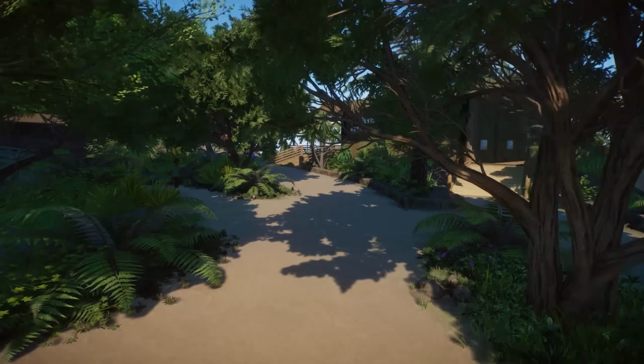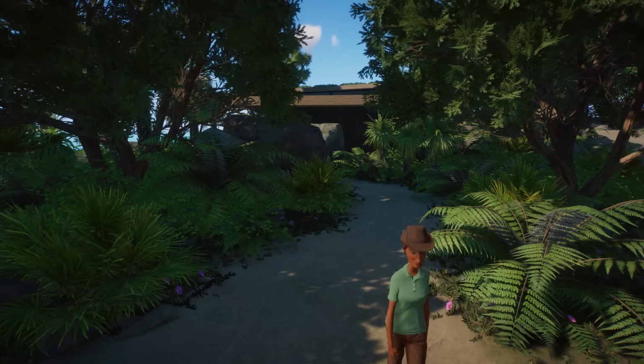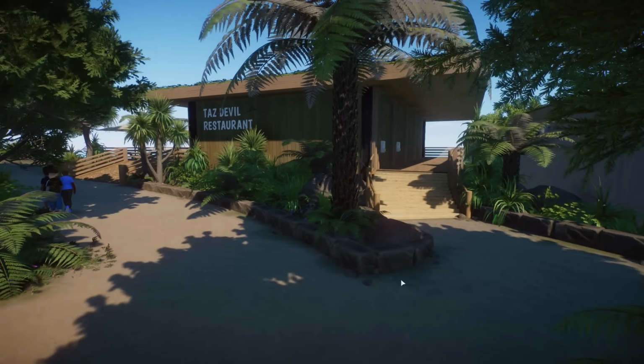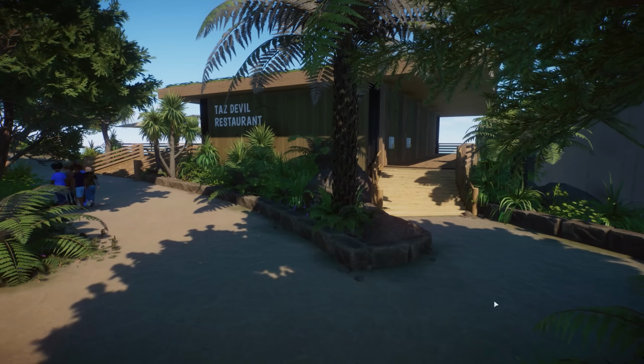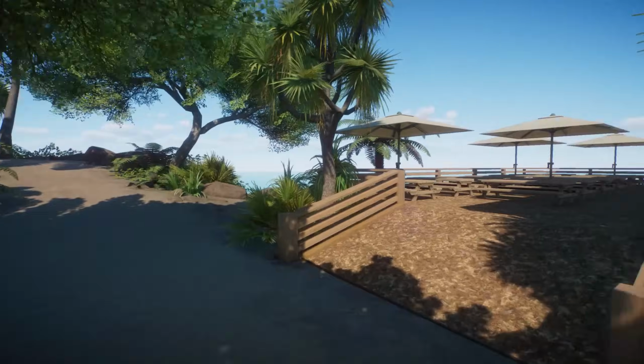It's so good. So on the left side, we do need to add a little rope here as well, I think. This is the keeper's entrance. And then we have the Tas Devil restaurant. So this is for the staff to go backstage to the keeper hut in the staff building. And oh, okay, that was okay. So here we